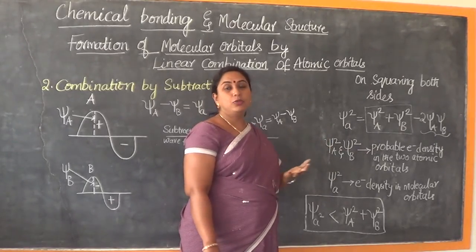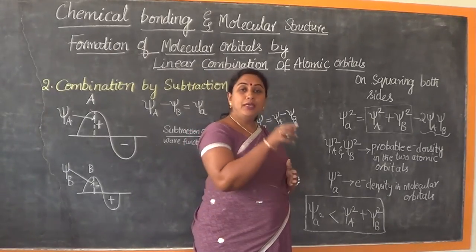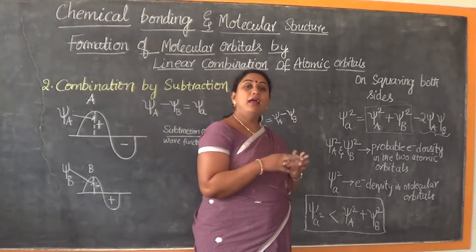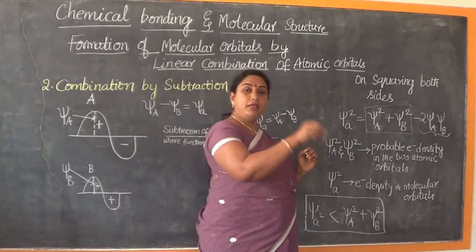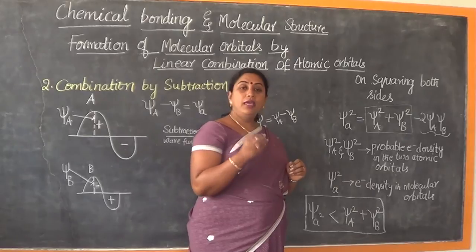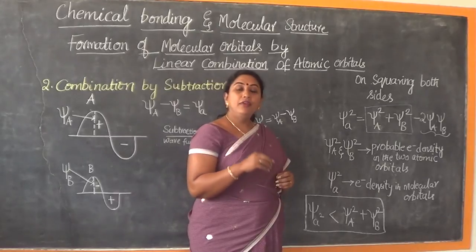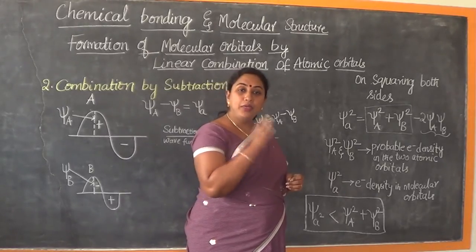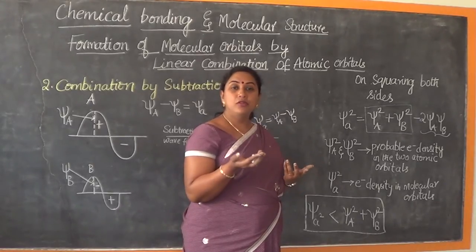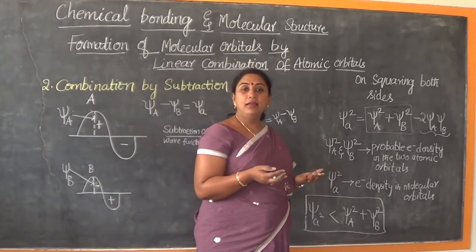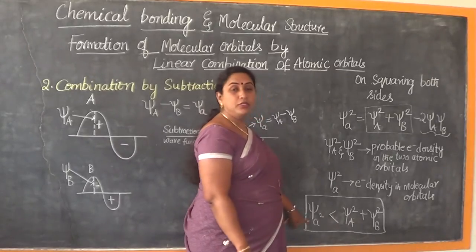What is the understanding we should get because of this equation? It communicates to us that the probability of finding the electron between the nuclei is less than the probability of finding the electron away from the nuclei. In the anti-bonding molecular orbital, where should we be locating the electron density? If we try to find the electron density between the participating atomic orbital nuclei, then the probability of finding the electron will be quite less. Then where can we find the electron probability higher? Away from the nuclei. That's what this equation is indicating.